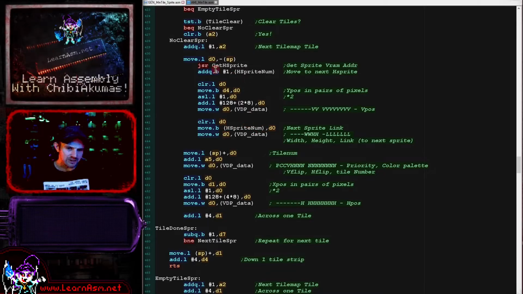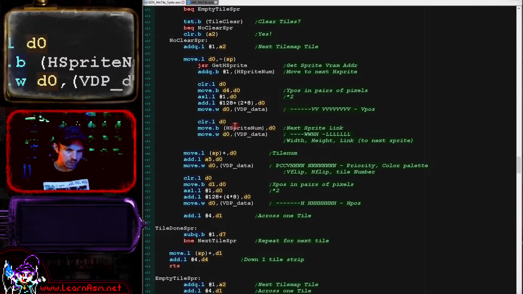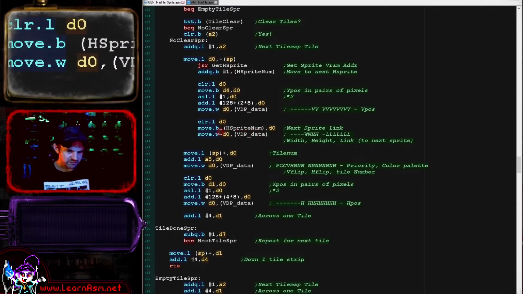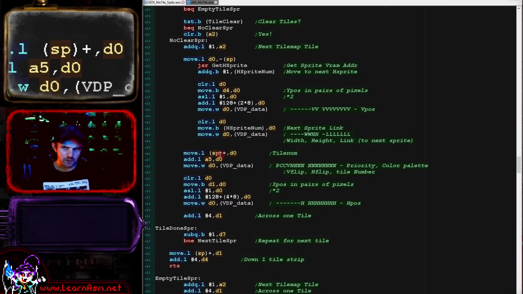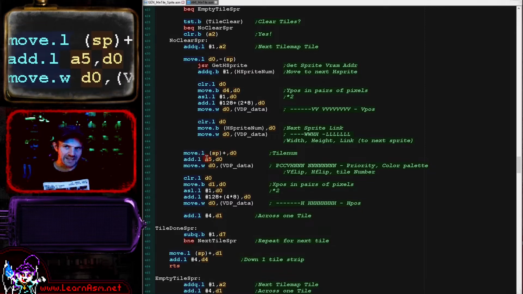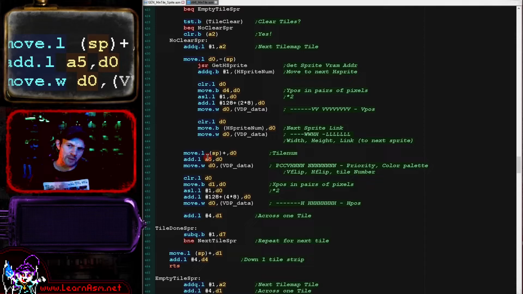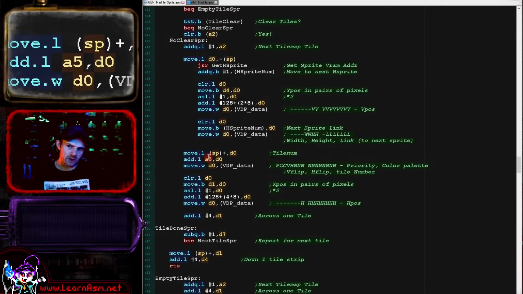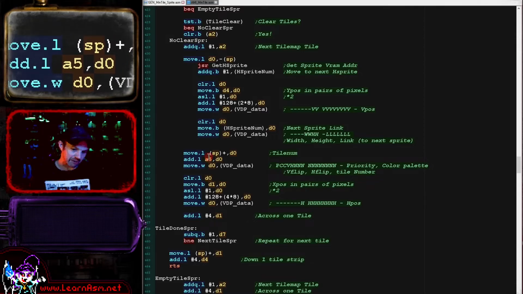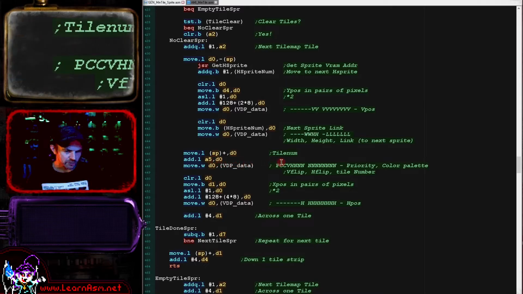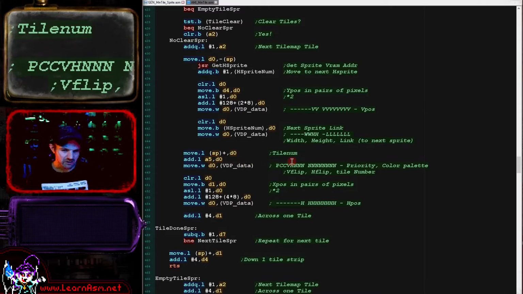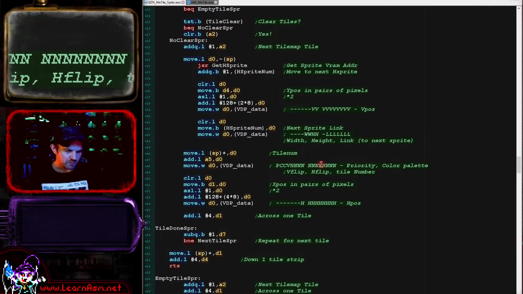We've already added 1, so effectively we're pointing now to the following sprite, and we're sending that to the VDP data port. Now, what we're doing next is we're getting back our sprite, our pattern number. We're adding A5. This is an offset to the first pattern that's been used for this tile map. The Chibico character uses a different set of patterns to the background. So we can do that there, and we're sending that to the VDP data port. We're effectively setting the palette as 0 here, and the sprite is going to be in front of the background,